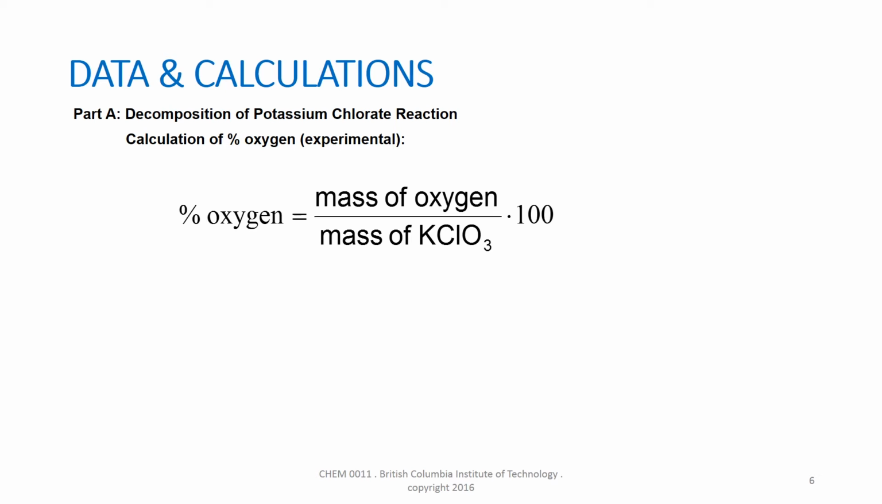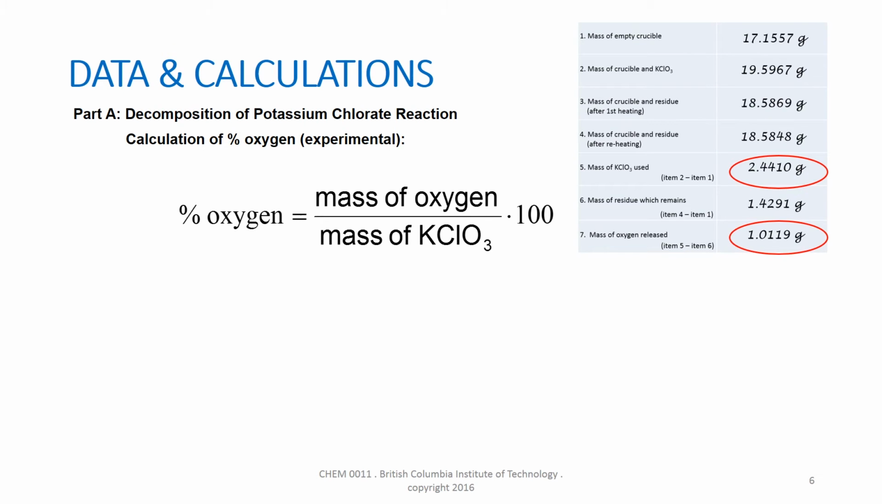Let's use these raw data to calculate the experimental determination of the percent of oxygen in potassium chlorate. The percent of oxygen in potassium chlorate is equal to the mass of oxygen divided by the mass of the potassium chlorate multiplied by 100. Look up the mass of oxygen in the data table. It is item 7, 1.0119 grams. Look up the mass of potassium chlorate in the data table. It is item 5,